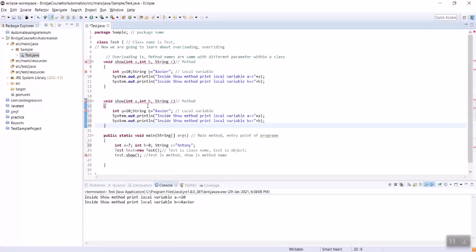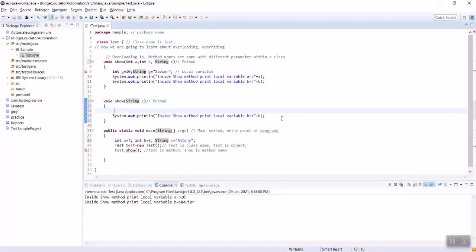Okay, next we are going to use another method, with the first method consisting of three parameters. So for this method, you need to change the name, line number 15, I guess. Let's change it one by one. So this is the method at line number 15.